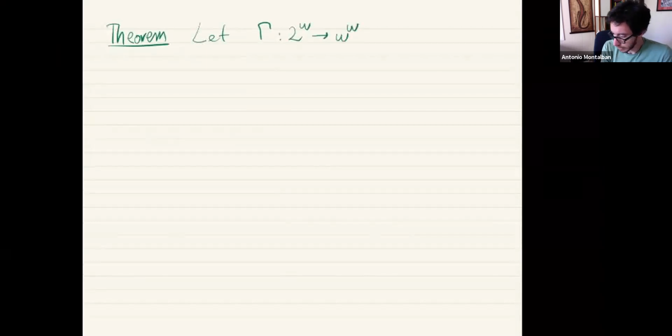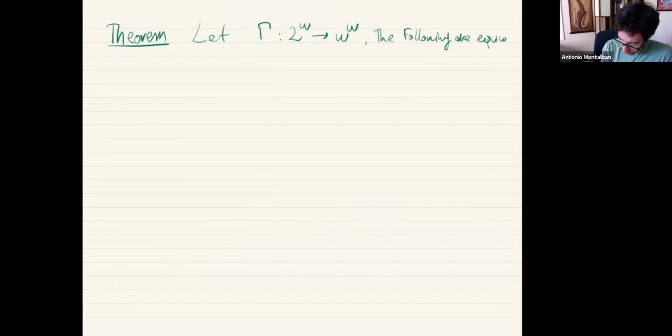Consider a function gamma from 2 to the omega to omega to the omega. The following are equivalent. One is gamma is